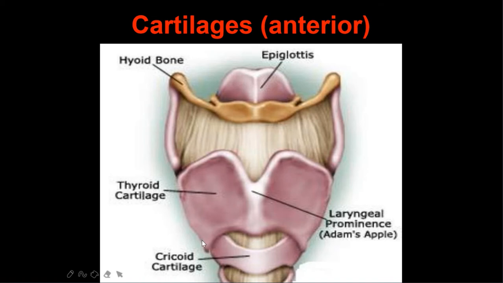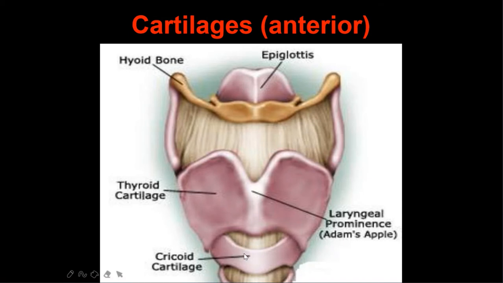And thyroid cartilage has the upper and lower horns on either side, the upper horn and the lower horn, or cornua of the thyroid cartilage. So these lower horns will form the joint with the cricoid cartilage. So this is the cricoid cartilage. Again, it is made up of hyaline cartilage. This is the only cartilage which has a 360 degree circle in the laryngeal framework.